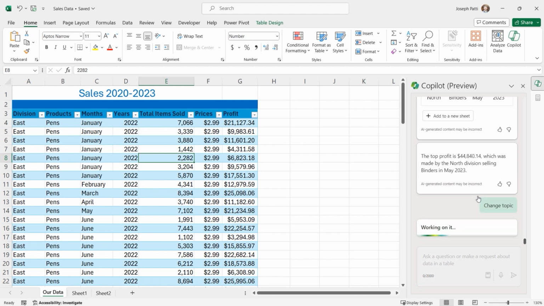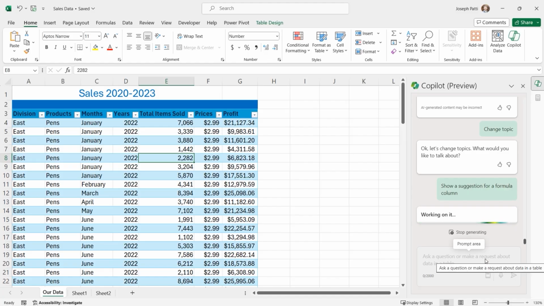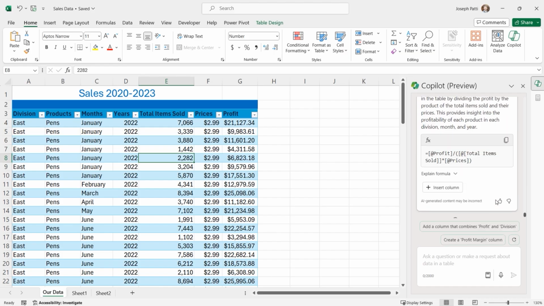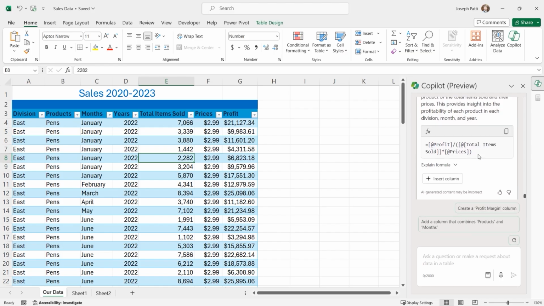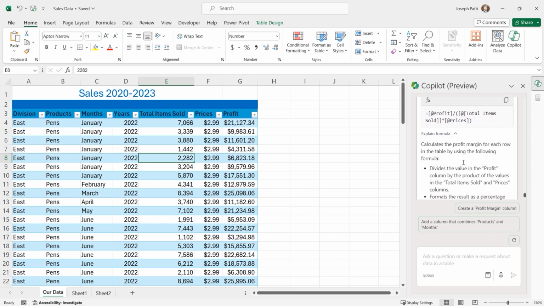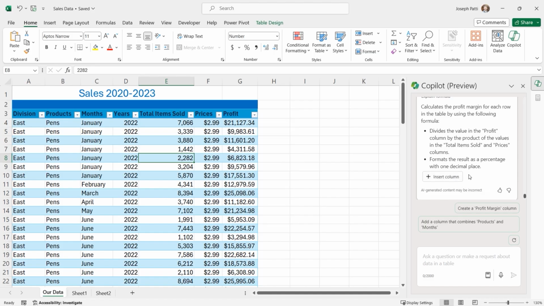Let's say I want to change the topic again to go back to the original. I can show a suggestion for a column, and let's see what it comes up with. So it's saying right here that what we could do is calculate the profit margin, and we can do that for each row by dividing the profit by the product of total items sold and then their prices as well. So once again, it's going to show us the formula. If we need to explain it a little more, it will, and then we can insert the column. And of course, it's going to be at 100% because, well, there's nothing that we didn't have a percentage-wise. So this works